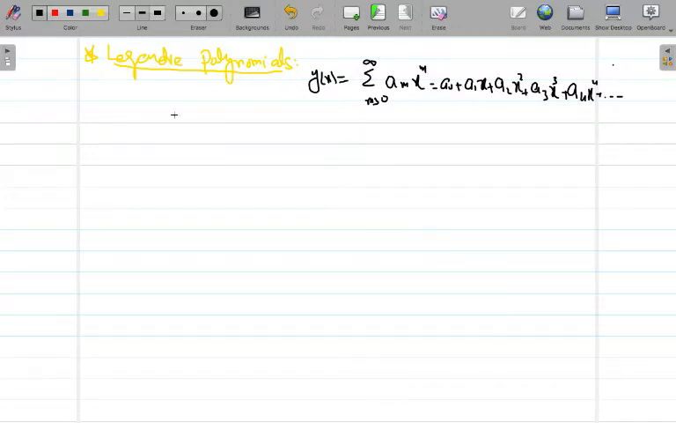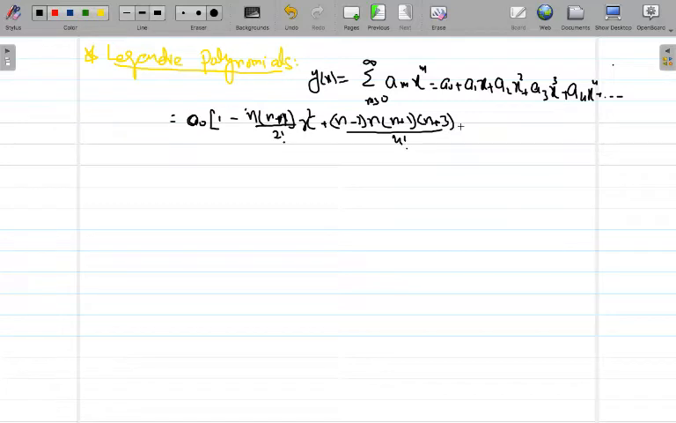So we have simplified this and derived the general solution: a0 into 1 minus n into n plus 1 divided by 2 factorial x square plus n minus 2 into n into n plus 1 into n plus 3 divided by 4 factorial x power 4 plus up to so on,